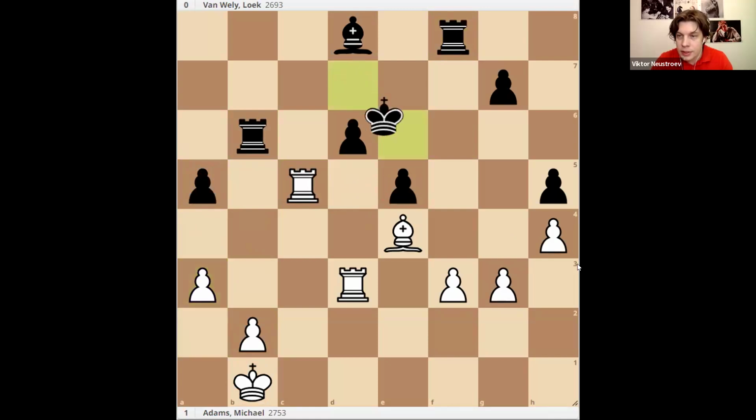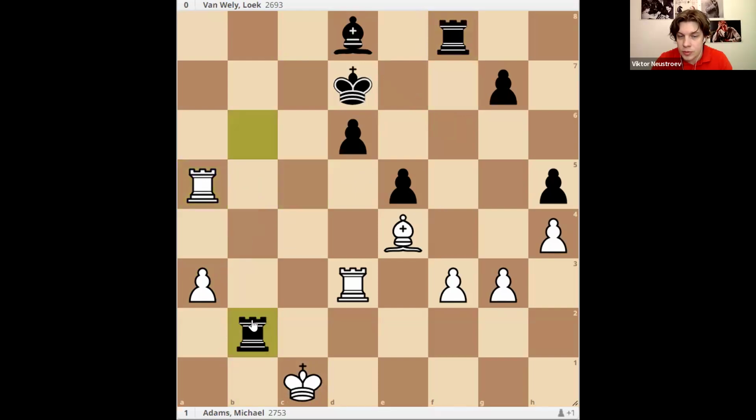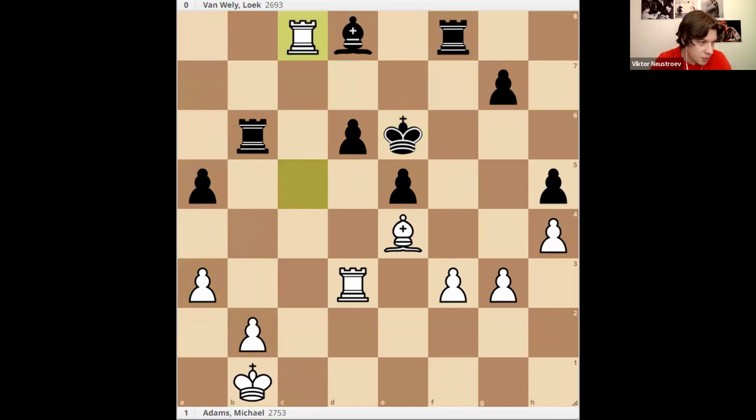So they played king e6 and allowed the white rook to enter the enemy camp. If, for example, they didn't play king e6, but let's say, which other move to suggest? Let's say just rook f7 maybe. Then simply king c1, and then bishop f6 isn't so dangerous. So let's say this move, and then we can capture here already because rook b2 is not a problem for us, because we have rook a7. So sooner or later they will have to play this move, and this allowed us to enter the enemy camp and the position became much, much better.